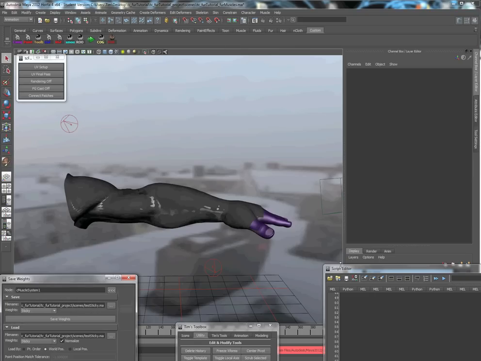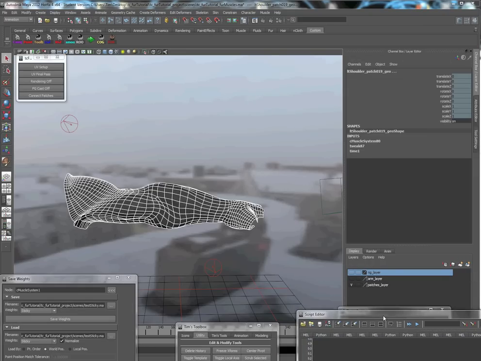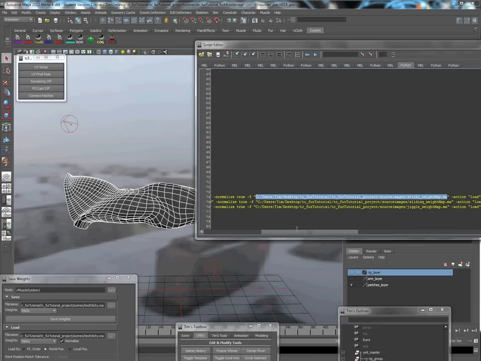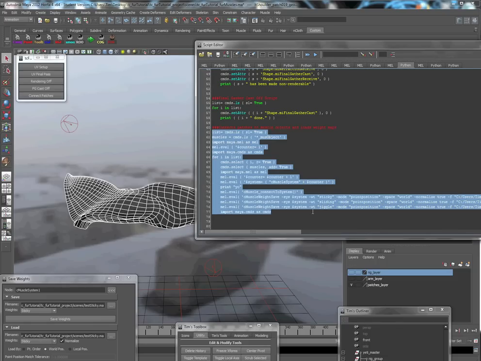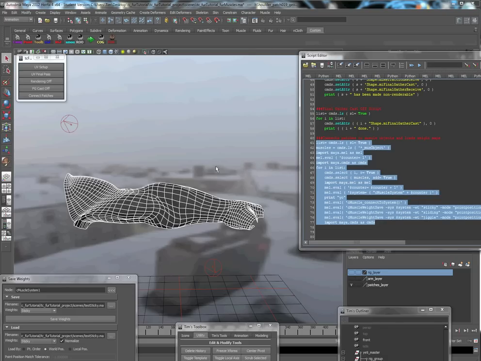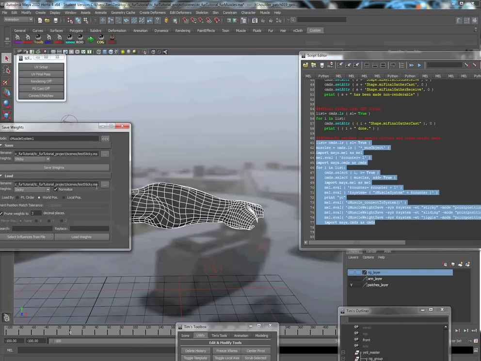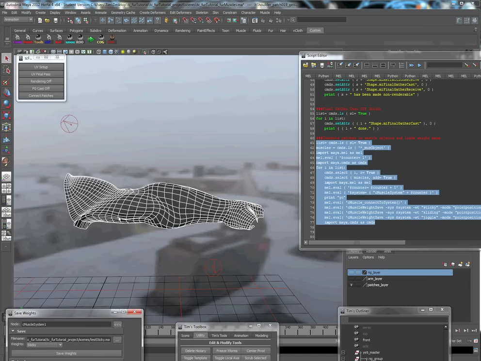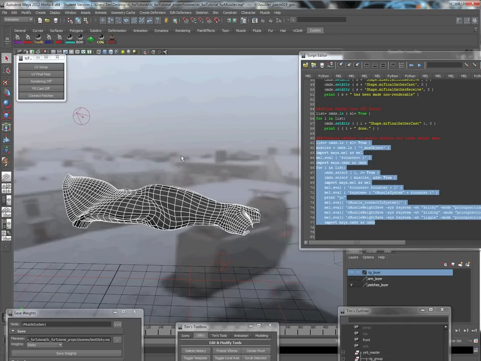The way that we will do this here though is we can hide our arm there, we can just grab all these guys, and whenever I run the script, it's going to run it through there for all the patches. Instead of me having to go through there and for every single patch load in all three maps and load those weights, in addition to having to select all of the muscles and every single patch every single time